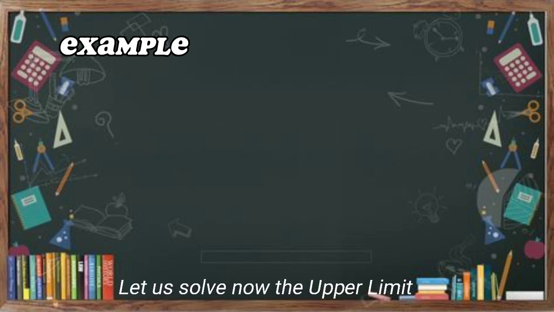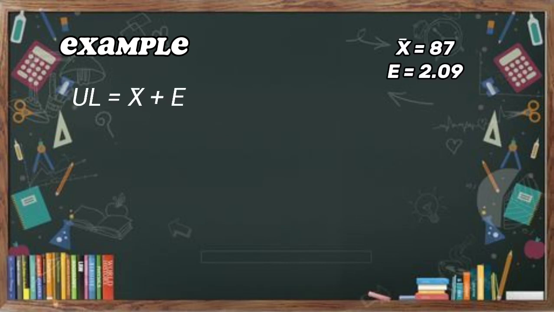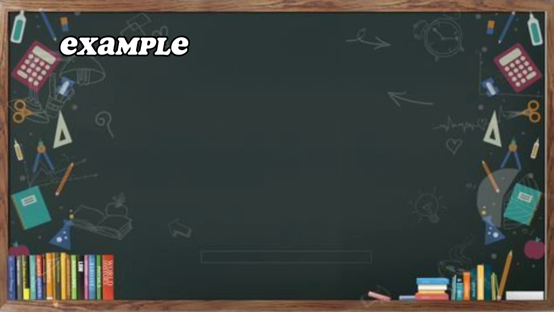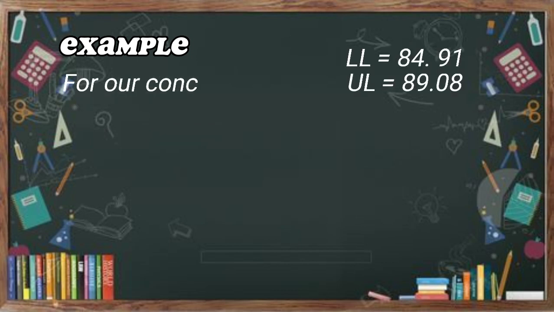Let us proceed. Let us now solve the upper limit. UL is equal to x bar plus E. X bar is 87 and E is 2.09. 87 plus 2.09 is equal to 89.09. And lastly, for the conclusion,